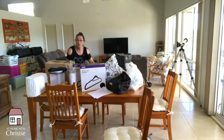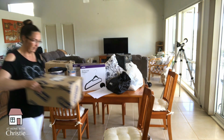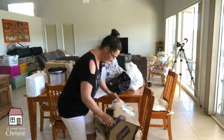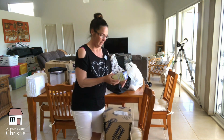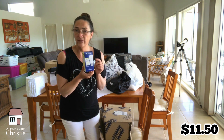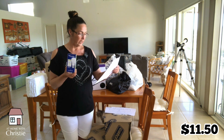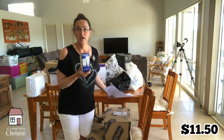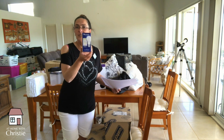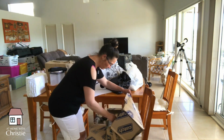I got this giant box, and it comes from Catch. So I was a little bit confused, but I think Kmart might sell products on Catch. And this was the light globe for the Chloe lamp, which still hadn't arrived quite at this point. It's an E27 11 watt LED warm white bulb, $11.50. So yeah, we could be going to Coles next time. So there's that one, $11.50. And also in our Catch box,